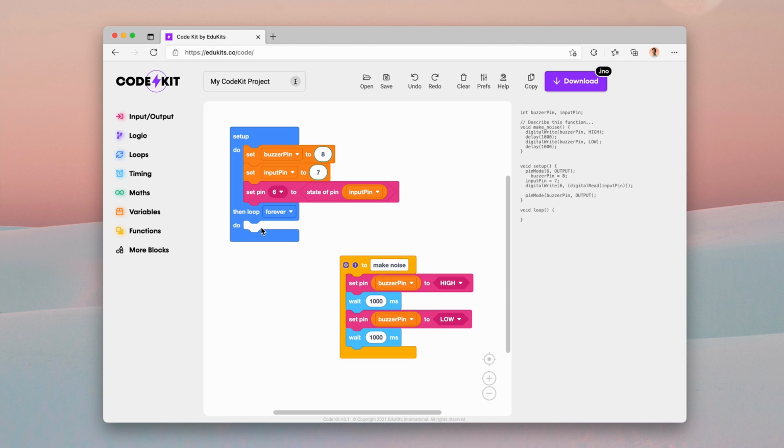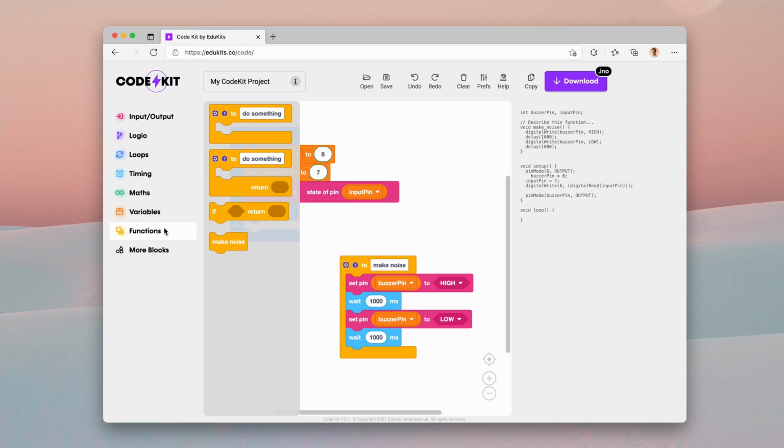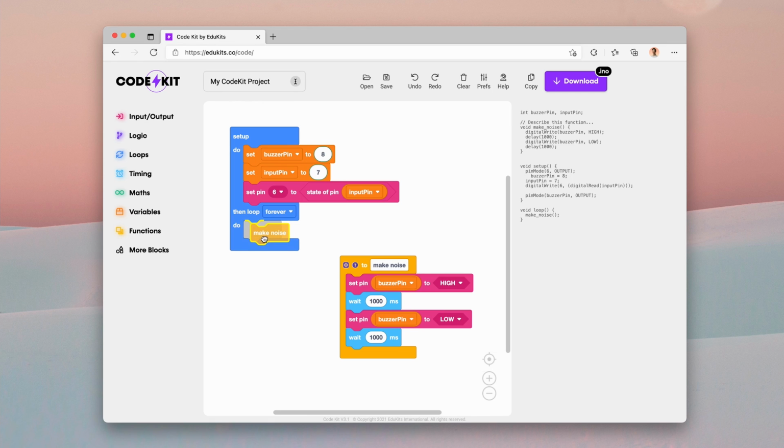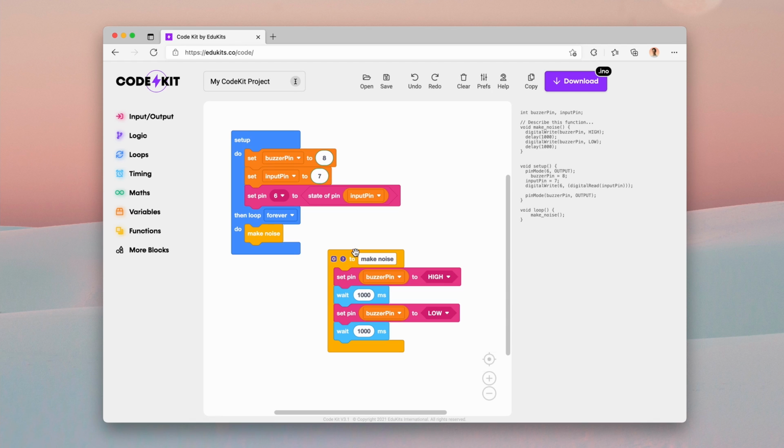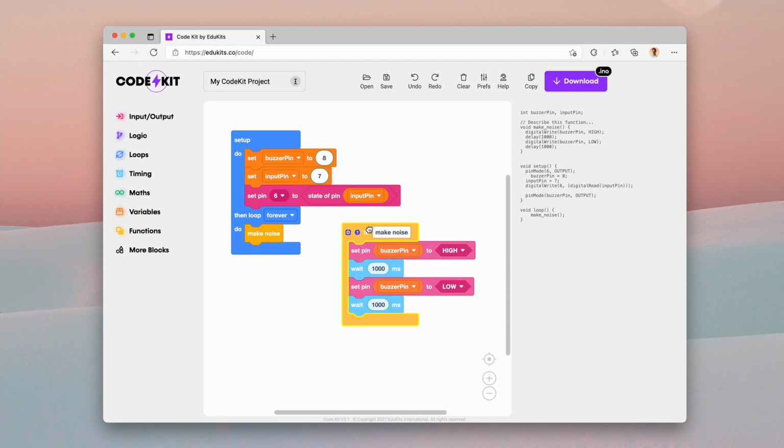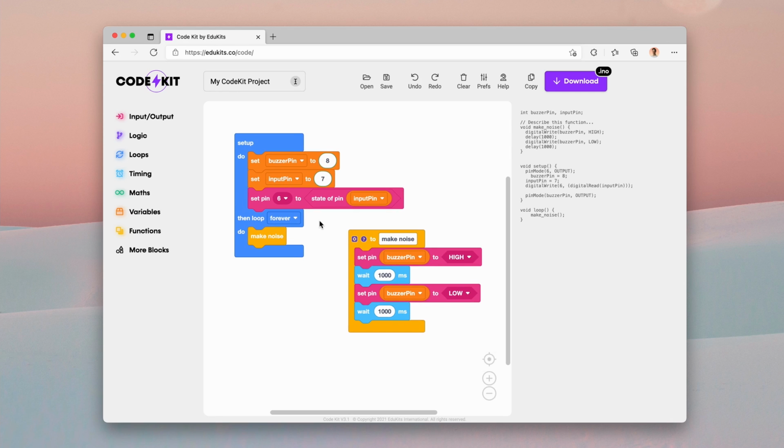Okay, so we need to then call that from the loop because this is separate. The loop's empty now. So I'll go into the functions flyout and click and drag this make noise block straight into there. So now we've abstracted this make noise function. We've called it in the loop, and now we have a bit more of a complex